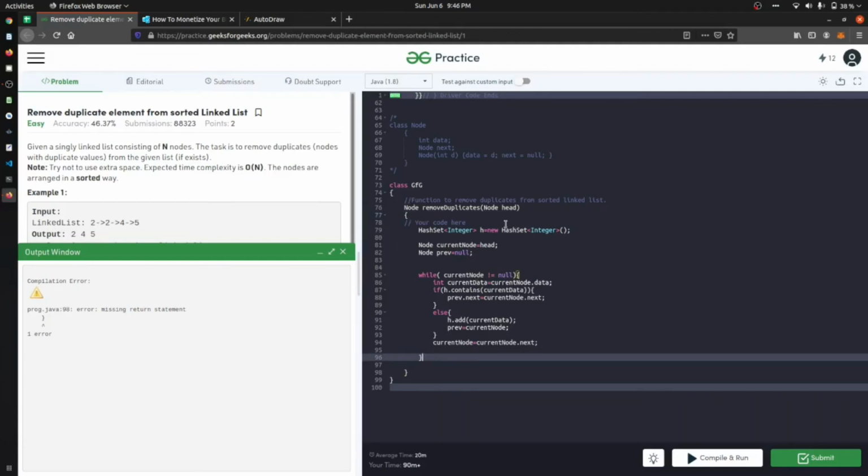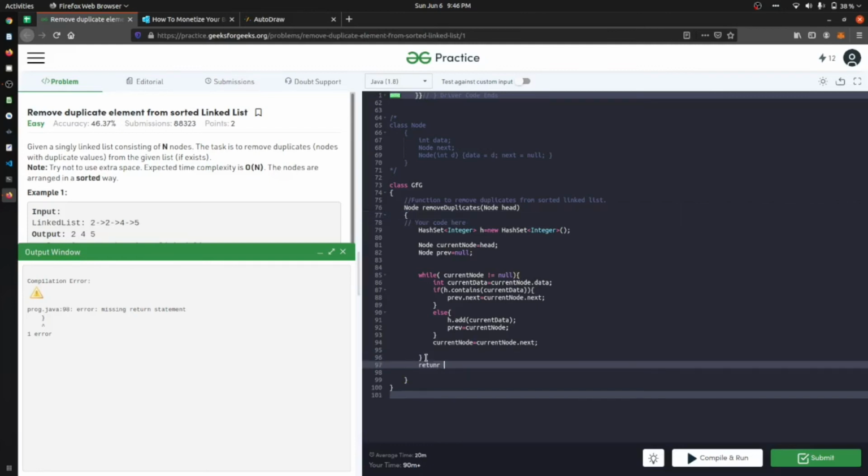So what we have to do is return a node. Okay, so we can just send this code back, return, then we can say just return the current node. Okay, yes, we can return that. Let's see what the output comes.